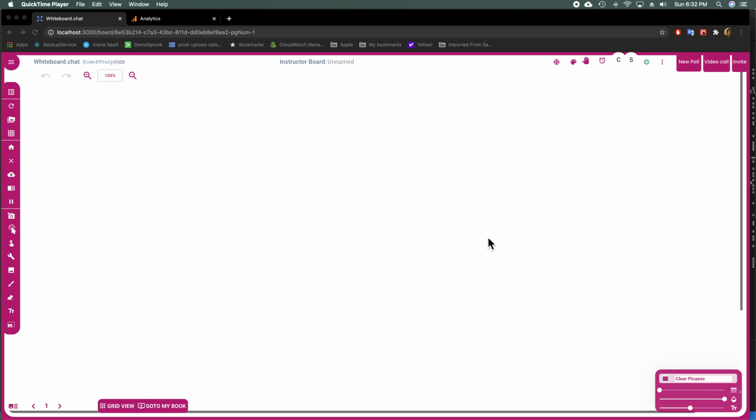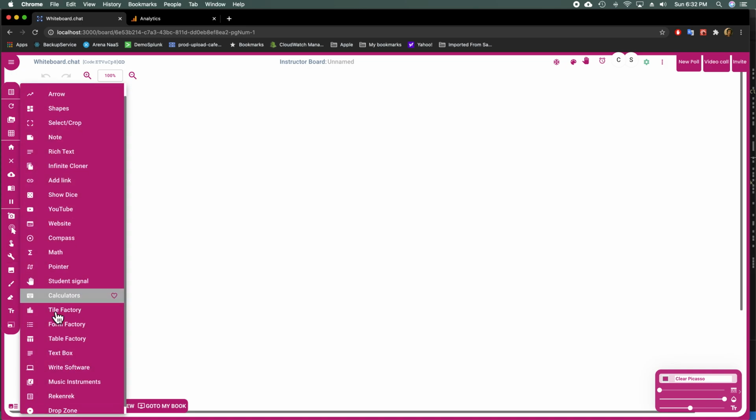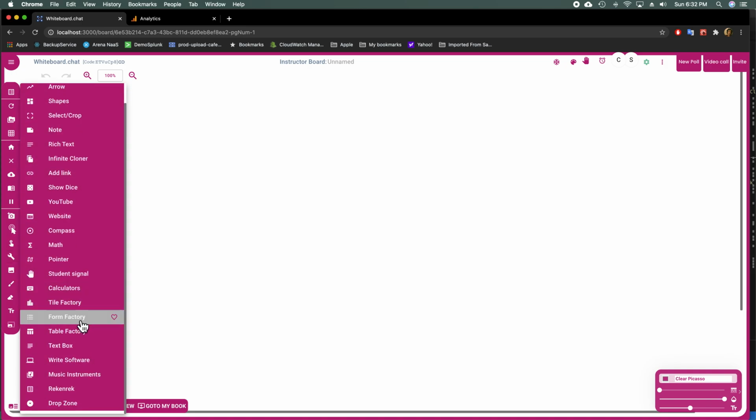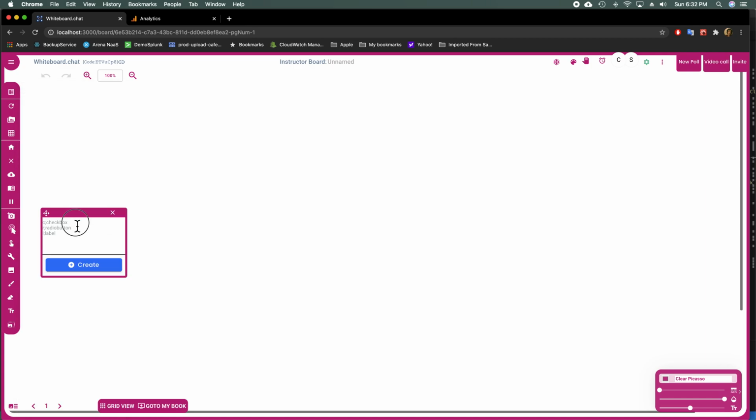I'm going to show you how you can create forms with the form factory. So go to tools, say form factory. Now for labels, which are just like text lines, you can use the L character separated by